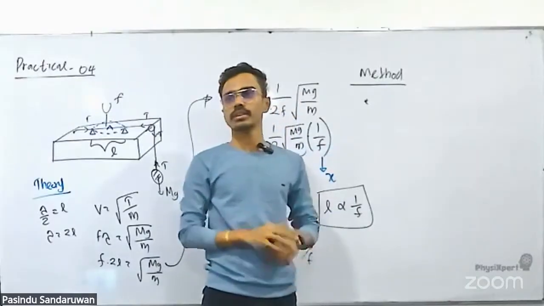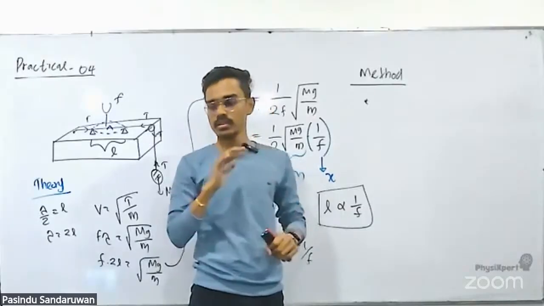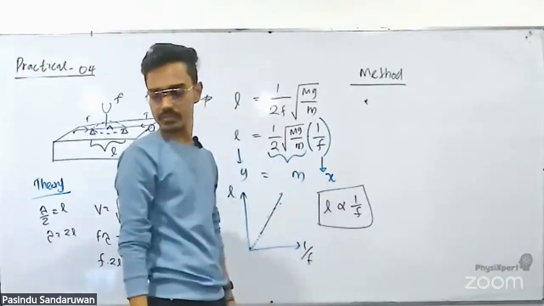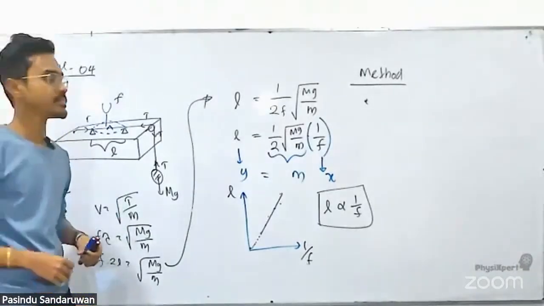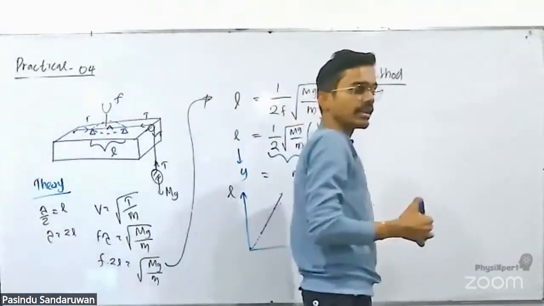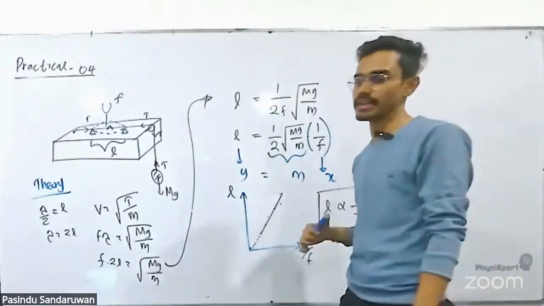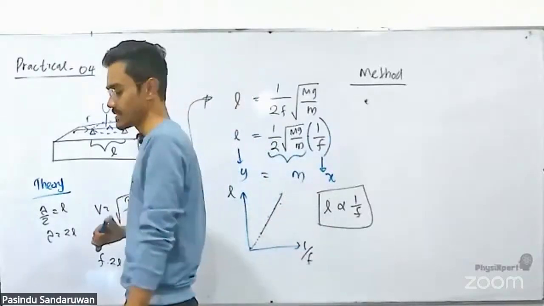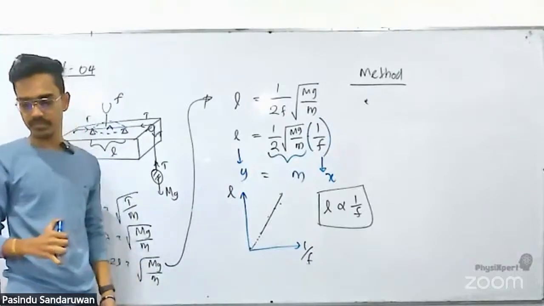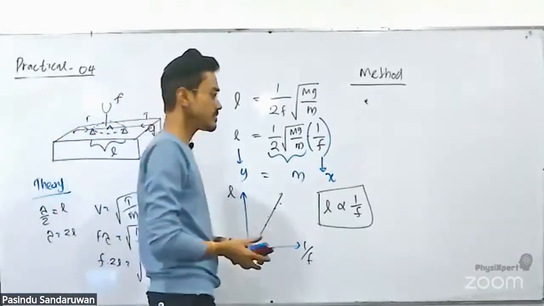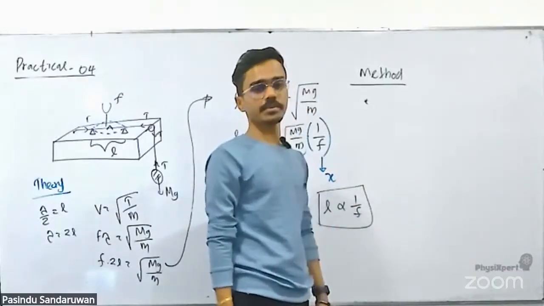Take down the values of F and L at this instance, simply F and L at this instance. Right? Next point, repeat the experiment